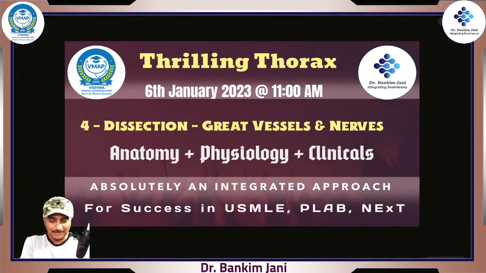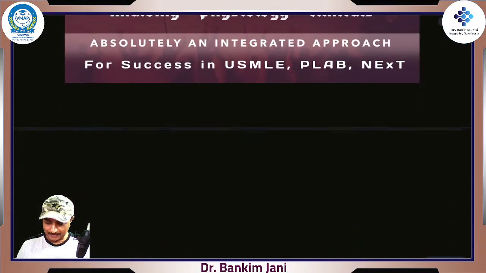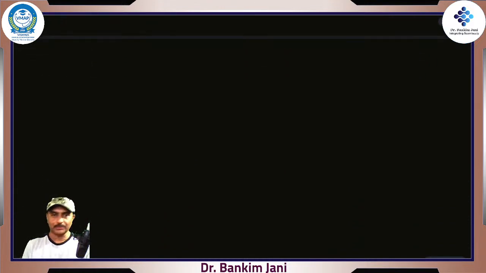So let's start with the dissection. Say today we'll be talking about all the great vessels and the nerves. Now what we'll be doing is we'll start again, like every time, from the point where we left last time, right? So from that perspective we'll start dissecting layers one by one, and this is what we'll see today. Right? We'll see aorta,